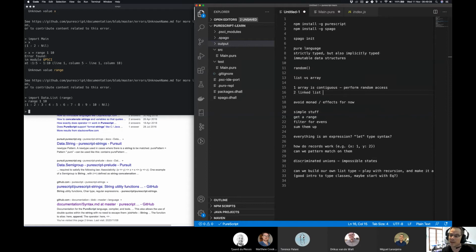Whereas with a linked list, it's quite easy. I've just got to find the element. So I have to get to that 50th element, and all I do is create a new element somewhere else. I point the 50th one to the new one, and the new one points to the tail of the old one. Do you know what I mean? So I can very easily insert into a linked list.